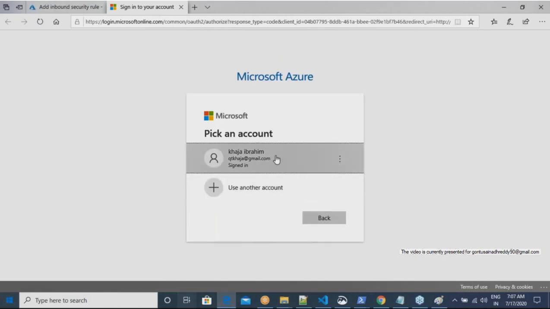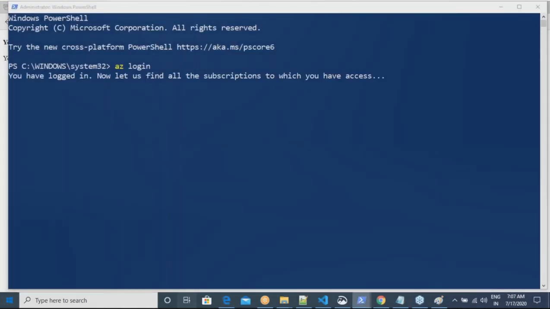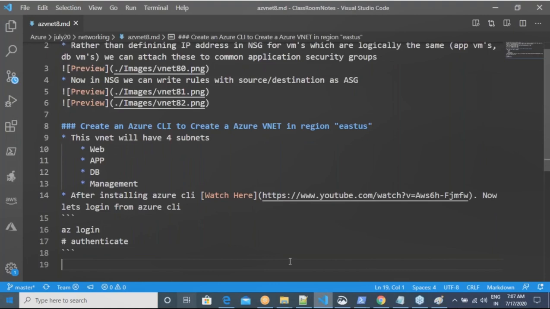Then it will ask for your credentials. Execute az login and authenticate using your Azure credentials.